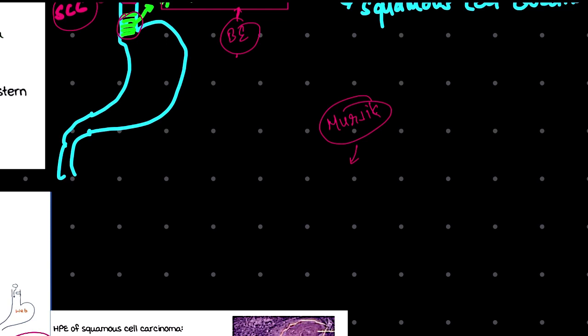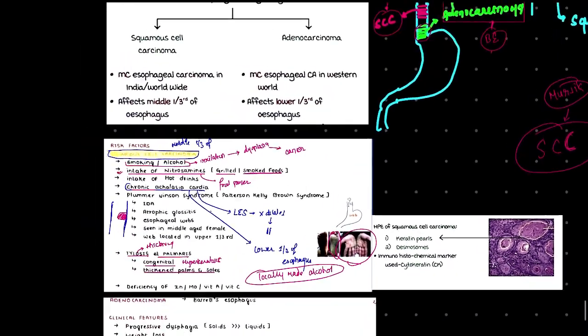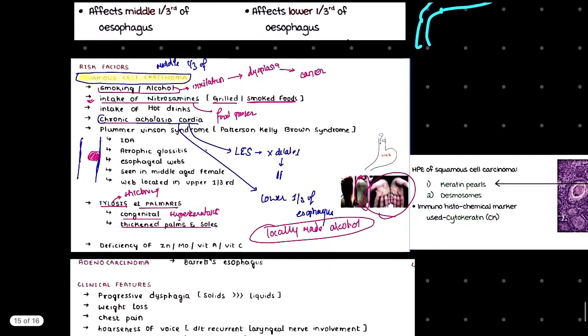That means a 30-year-old person is visiting you, and he is consuming a lot of Mursik, that is locally made alcohol. That means that 30-year-old patient is more likely to suffer from what? Squamous cell carcinoma. So that is one important thing. Consuming Mursik is also a risk factor for squamous cell carcinoma. And another thing that I would like to mention is,